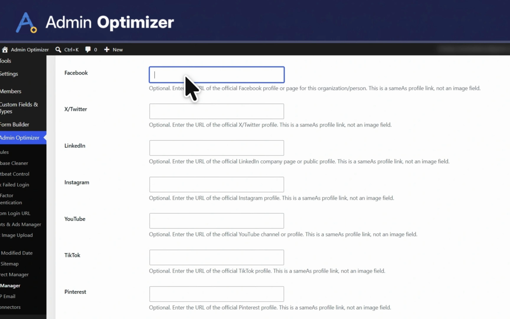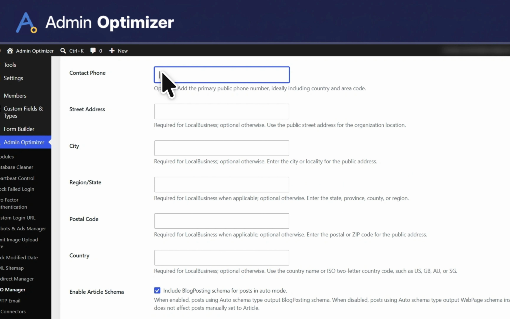Further below, you'll see a massive list of social profile fields. By pasting your official Facebook, X, or YouTube links here, you are hard-coding a digital map that connects your entire social ecosystem to your primary website for Google's knowledge graph. At the very bottom, local brick-and-mortar shops can fill out physical address blocks to give their local map rankings a